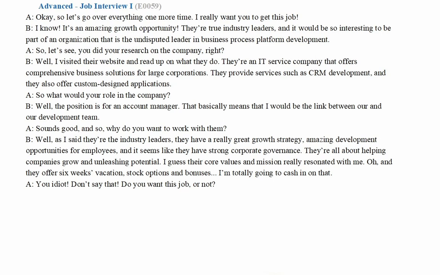Unleash potential. Okay, so to unleash. All right. Well, I'm going to paint a picture for you. Imagine you have your dog, right? And your dog is walking on a leash, like it has a string or a rope attached to it. Right. So then when you undo the leash, you unleash the dog, and then what happens? It goes around and it's running. Yeah, it's going everywhere. So if you unleash potential, you release it and let it go and help it grow and become bigger. Yeah, exactly. So you give it freedom.